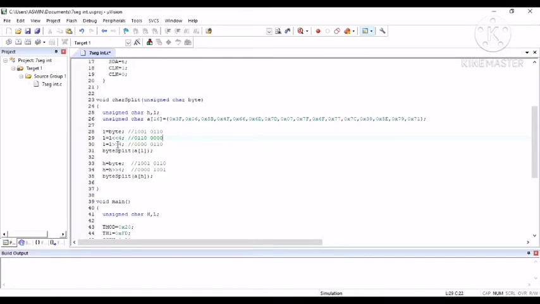This adds 4 zeros at the front and brings the first 4 bits into the lower nibble place. The next command is byte split of A of L. The value stored in L will be given into the array, and that value will then be shown on the 7-segment display.